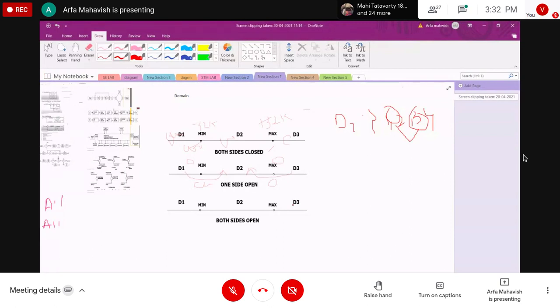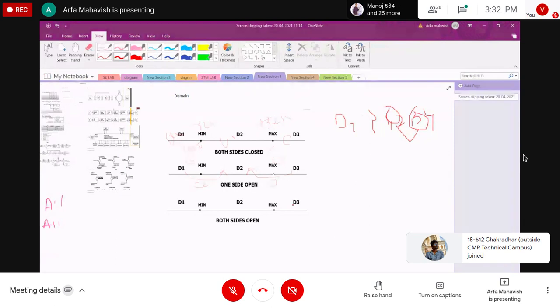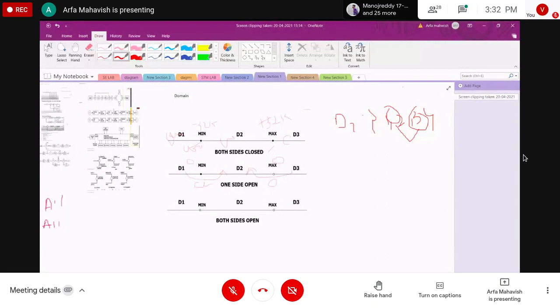For that, every input variable adds one dimension to the domain. Keep this point on note. Every input variable adds one dimension to the domain. One variable defines the domain on a number line, two variables define a plane domain, and three variables define a solid domain.